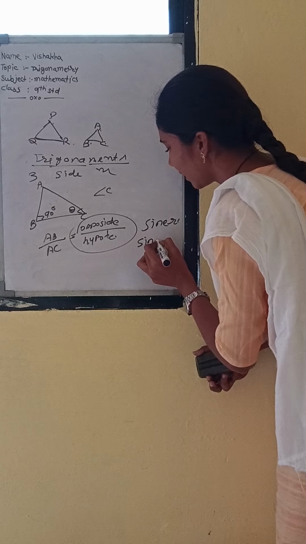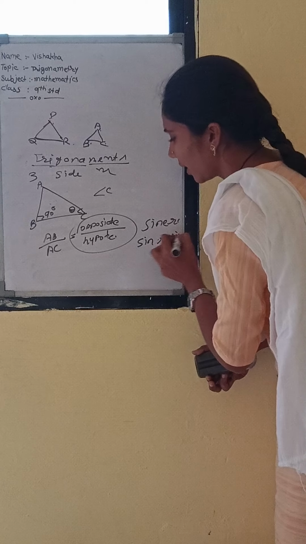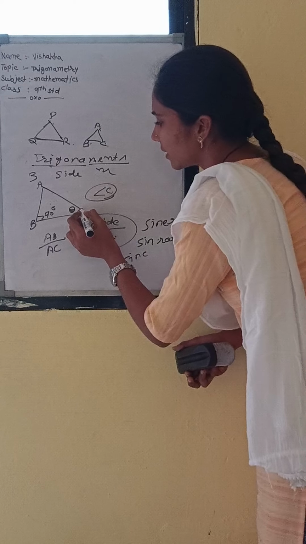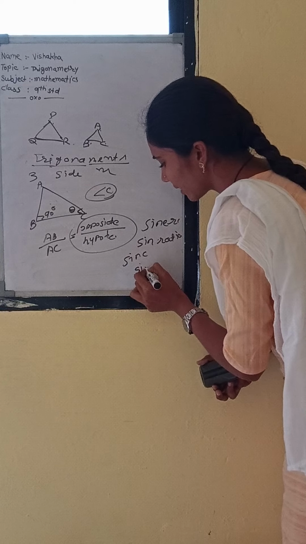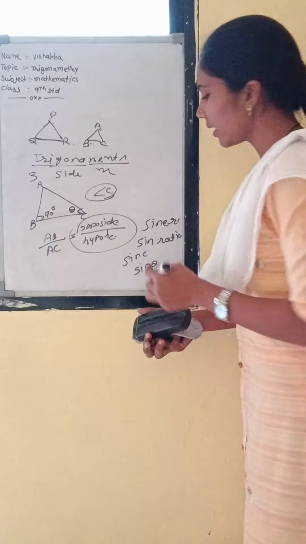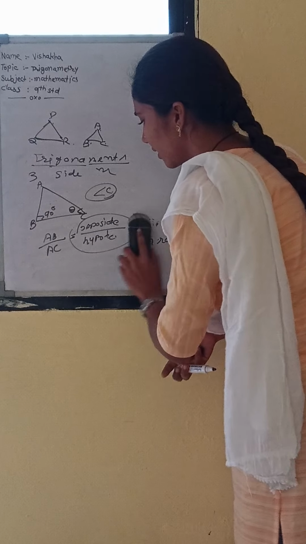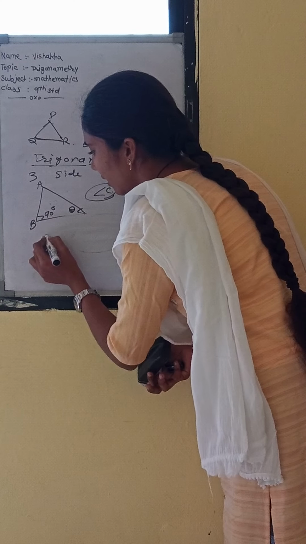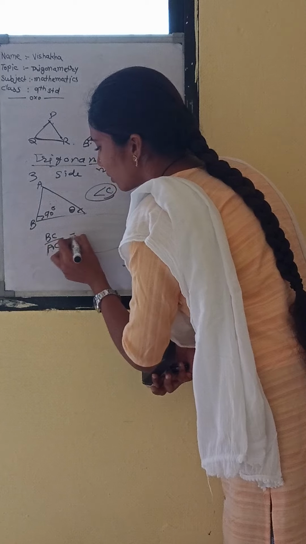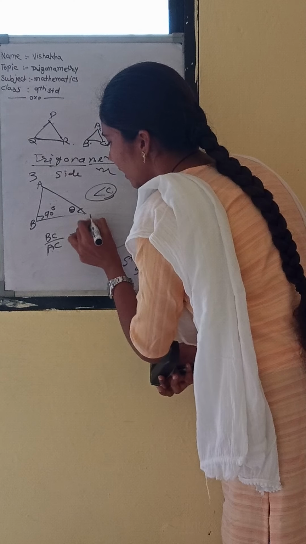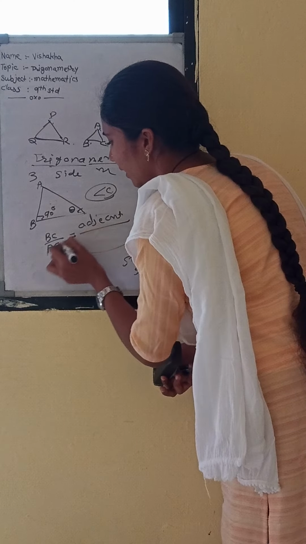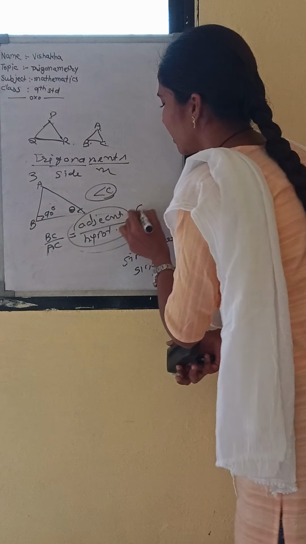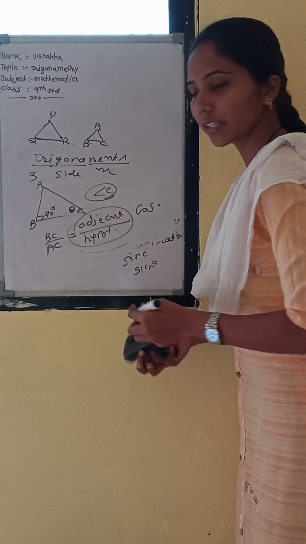Briefly, we write it as the sine ratio. It is about the angle C, so we write sin C, and since C has the value theta, sin theta. This is the sine ratio, opposite upon hypotenuse. Now cos. If we take BC by AC, BC is the adjacent side and AC is the hypotenuse. This ratio is known as the cos ratio, that is adjacent upon hypotenuse.